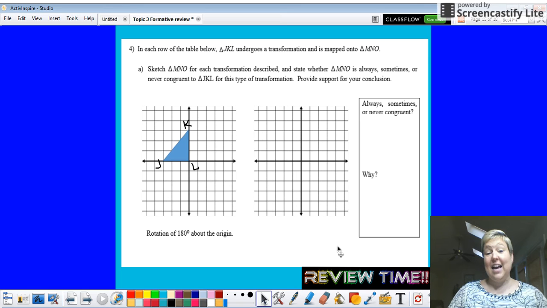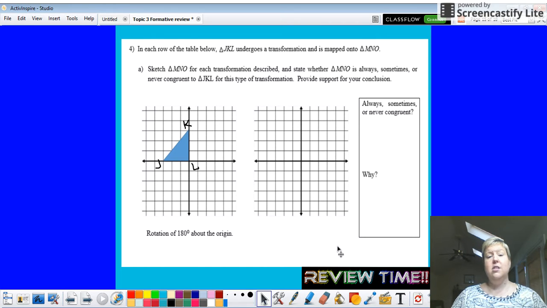All right, guys, this is the last question for review, although it has 4 parts. So I'm going to continue to move my screen as we talk about it. In each row of the table below, triangle JKL undergoes a transformation and is mapped onto triangle MNO. You are going to, for the first 3, sketch it out, and in the last one, take a look and